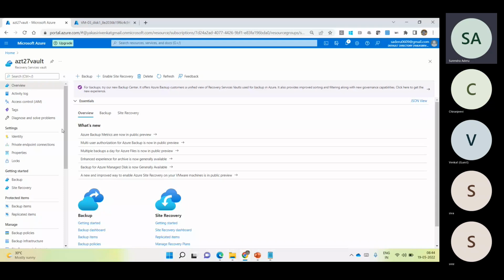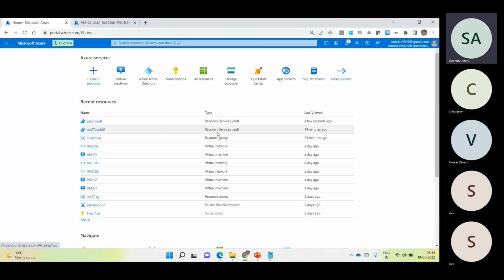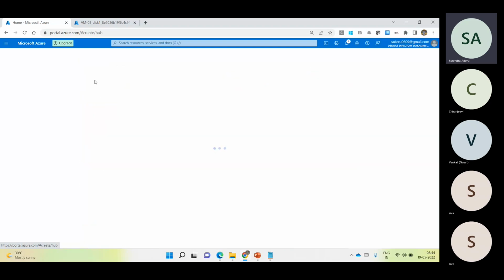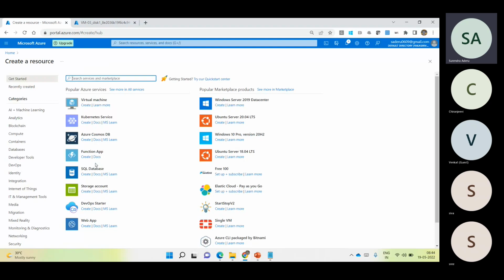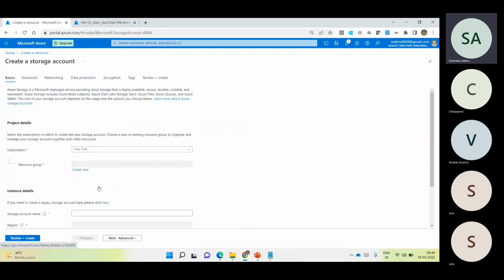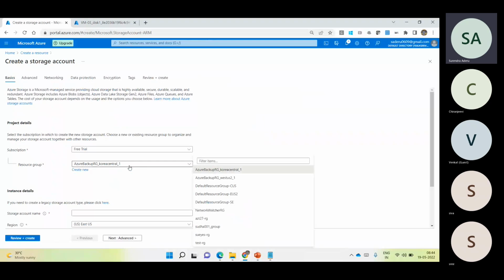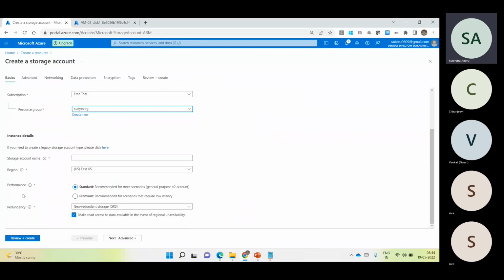Whenever we are restoring, the data has to come from the backend storage to our subscription and workspace, correct? For that, whenever we do restorations, it requires one staging storage account. It will not store anything, but it will use it for a staging purpose, just for temporary caching. So I'm just creating